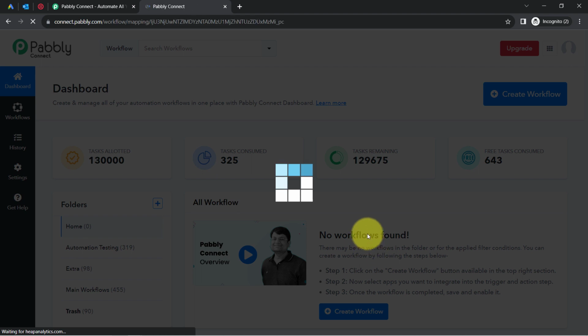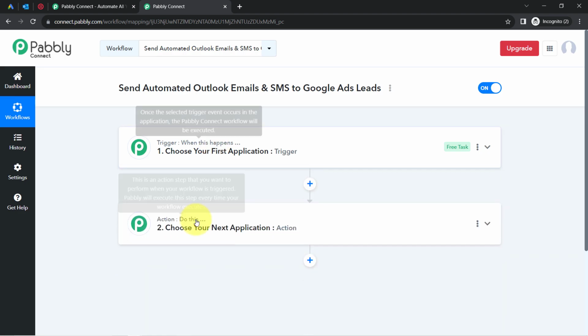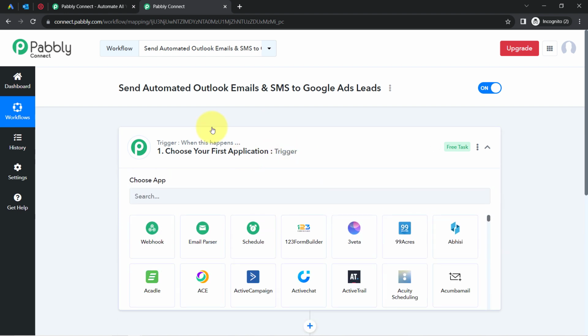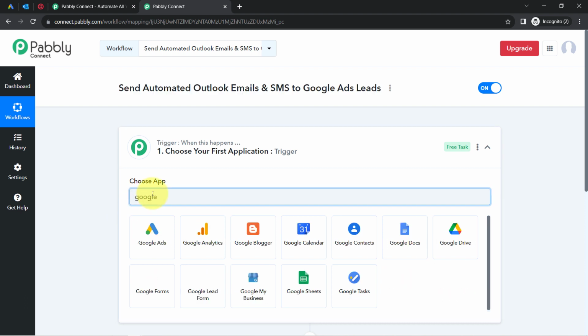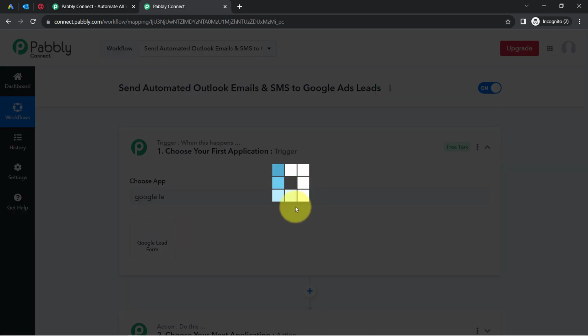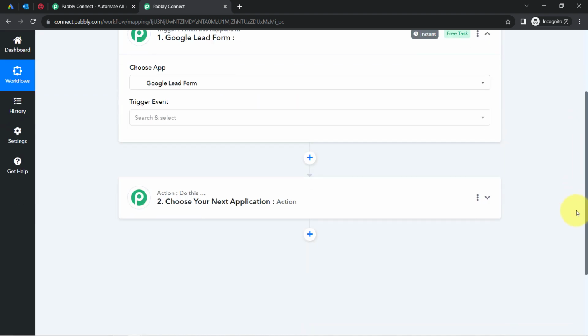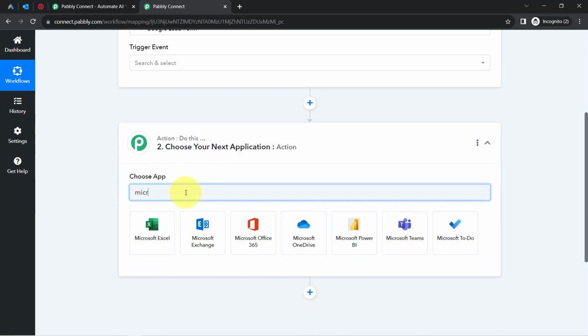So these boxes are called trigger and action, and here the trigger means when this happens, and action means do this. So whenever something happens in your first application, then automatically do this in your next application. In this way you need to always choose your applications in this trigger and action window in which you are building an automation. So according to our use case, I want that whenever a new lead arrives via the Google lead form application, then automatically send an email via the Outlook application. So that is why in the action application I'll be searching for the same application, all right, Microsoft Outlook